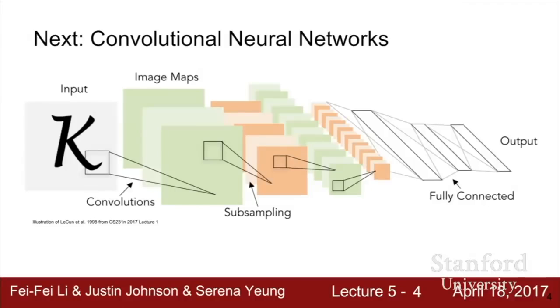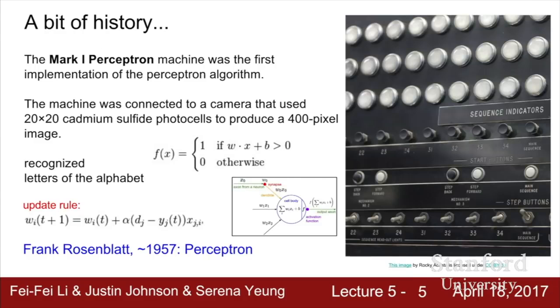Okay, so today we're going to talk about convolutional neural networks, which is basically the same sort of idea, but now we're going to learn about convolutional layers that reason on top of, basically explicitly trying to maintain, spatial structure. So let's first talk a little bit about the history of neural networks and then also how convolutional neural networks were developed. So we can go all the way back to 1957 with Frank Rosenblatt, who developed the Mark I